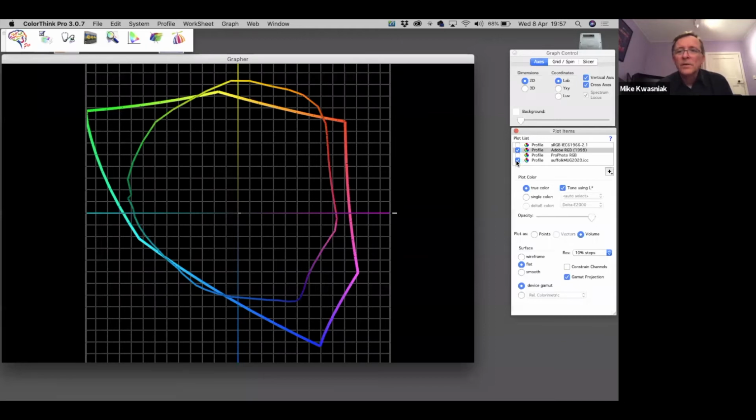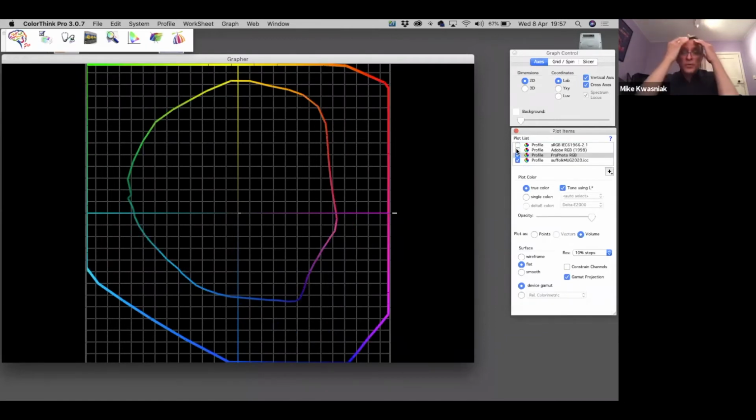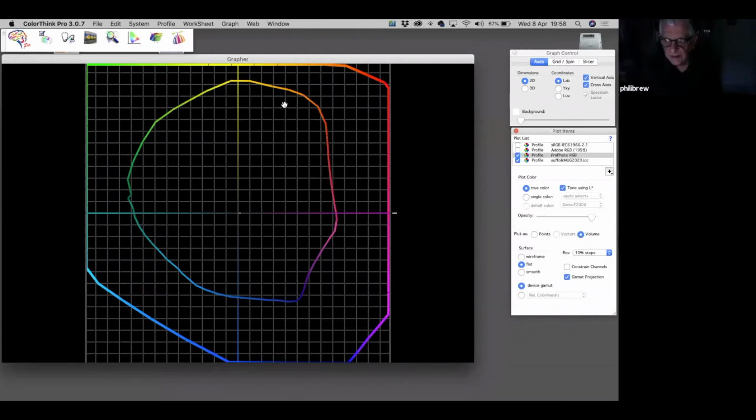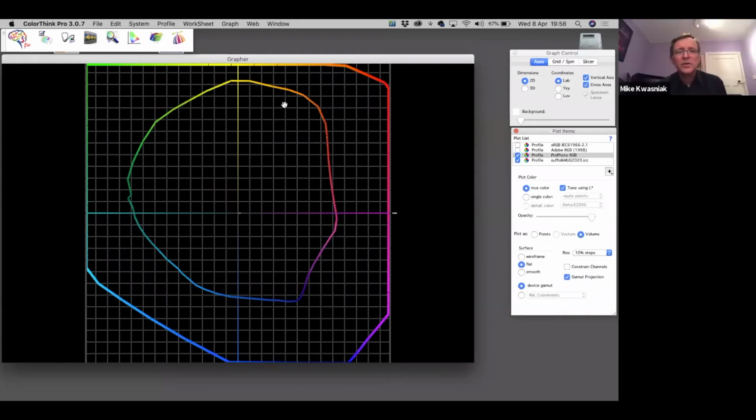So when I'm printing stuff for the Wolsey, for example, at Christmas, and I know that there's a lot of those kind of colors, all of this stuff at this end, I'll quite often apply a ProPhoto RGB profile simply because it will give me the best, brightest, most vivid reds and yellows and the sort of colors that you associate with pantomime. Why do you not do it all the time? Is there a cost to doing it? Yes, there is, because if there's a whole pile of color